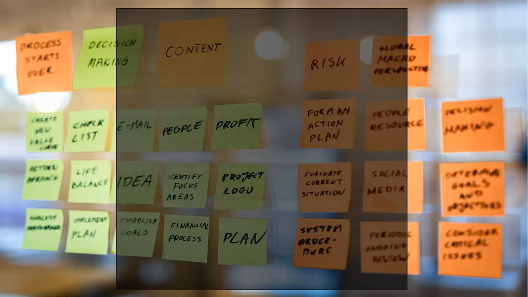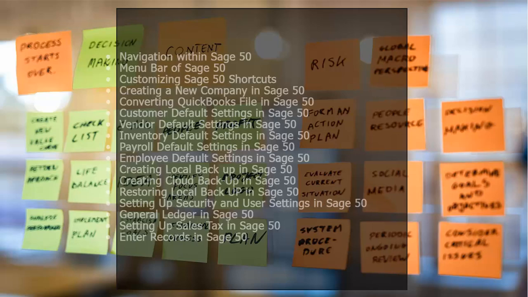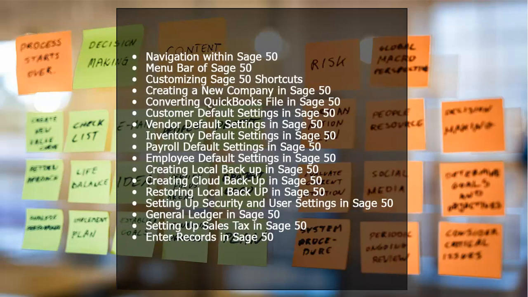In the first part, we discussed some beginner level Sage 50 utilities. We studied about navigation within Sage 50, menu bar of Sage 50, customizing Sage 50 shortcuts, creating a new company in Sage 50, converting QuickBooks file in Sage 50, customer default settings in Sage 50, vendor default settings in Sage 50, inventory default settings in Sage 50, payroll default settings in Sage 50, employee default settings in Sage 50, creating local backup in Sage 50, creating cloud backup in Sage 50, restoring local backup in Sage 50, setting up security